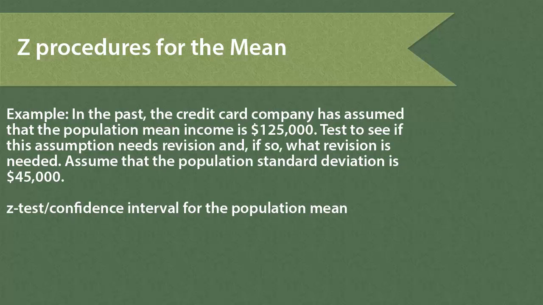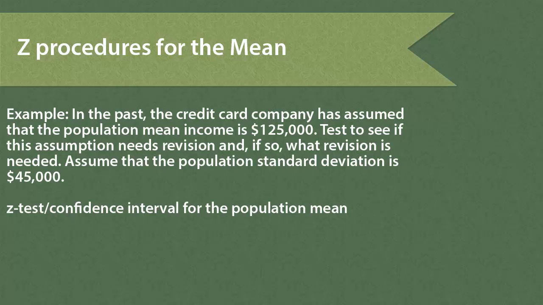Test to see if this assumption needs revision, and if so, what revision is needed. The z-test for the population mean technically always assumes that sigma, the population standard deviation, is known. Here, we're given a value to use as our assumed value for sigma,